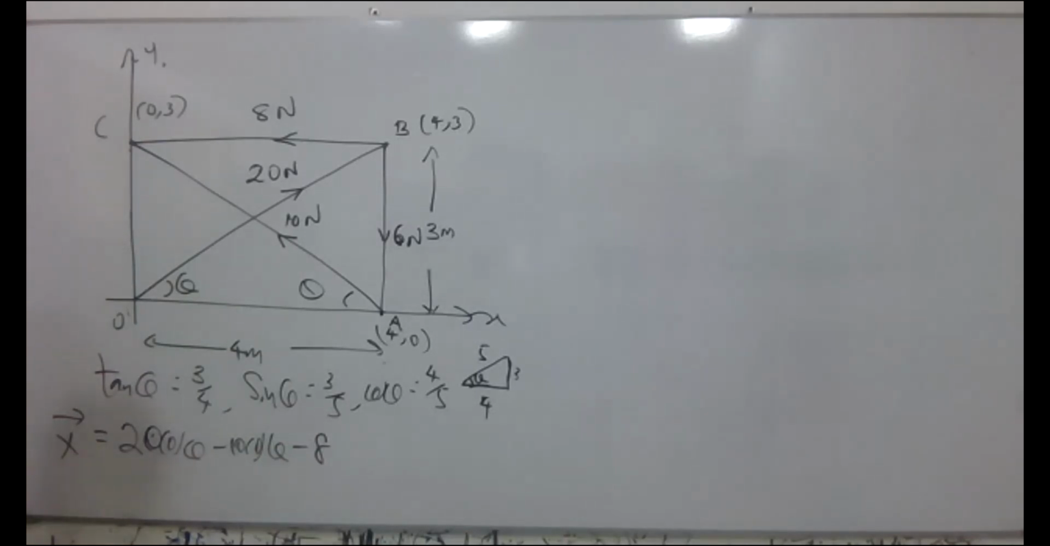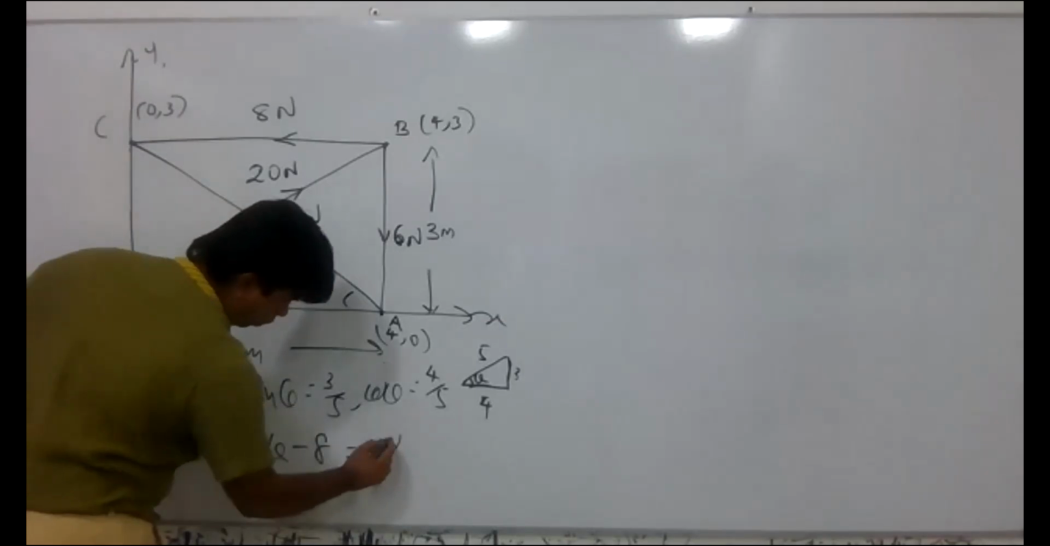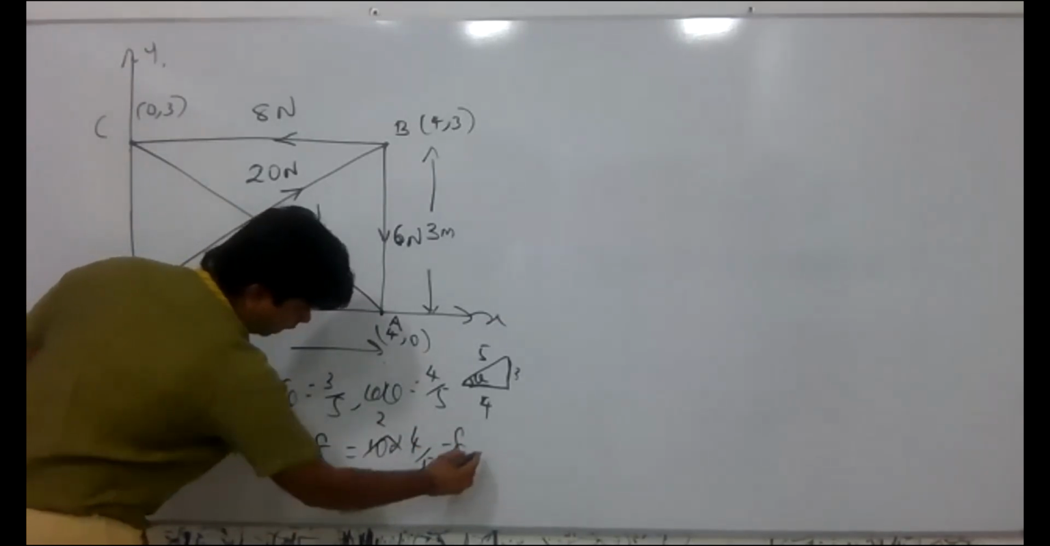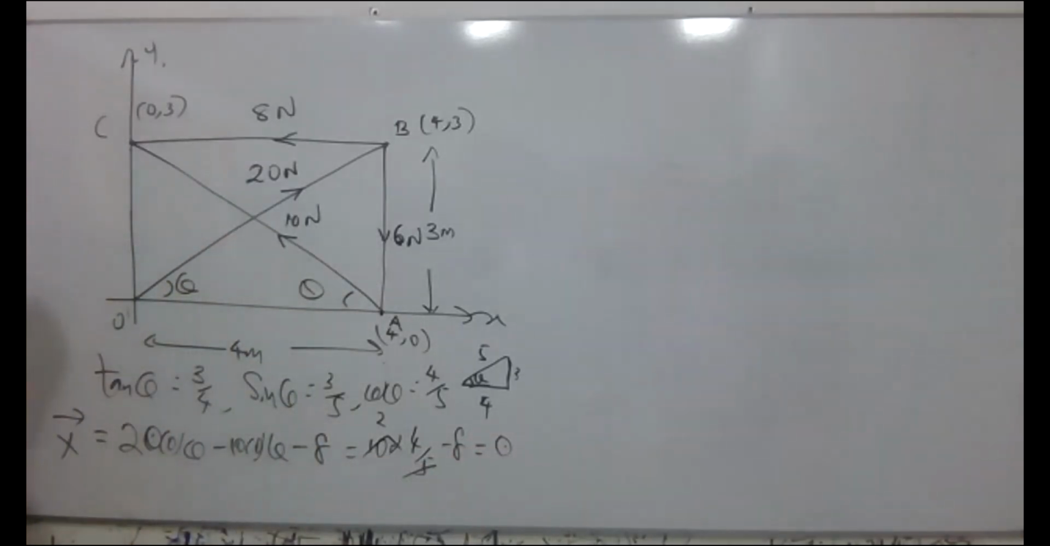See, here 10 cos theta, cos theta means 4 over 5. So it's nicely cancelled, no? 10 into 4 over 5 minus 8 means x is 0, clear? X is 0. When you take the sum of the vertical components, then you can see that,